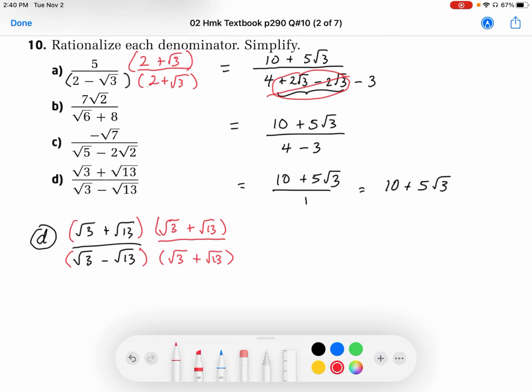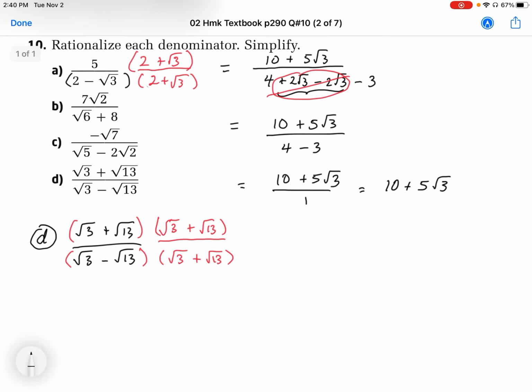And when I multiply this, I have to remember I'm multiplying a binomial with a binomial, so I have to be careful of my product. Okay, so I'm going to do the numerator first. The first is going to be root 3 times root 3. That's going to give me 3. That's first, outside, so plus root 3 times root 13. They're both square roots, so I can multiply the radical parts. So I get root 39